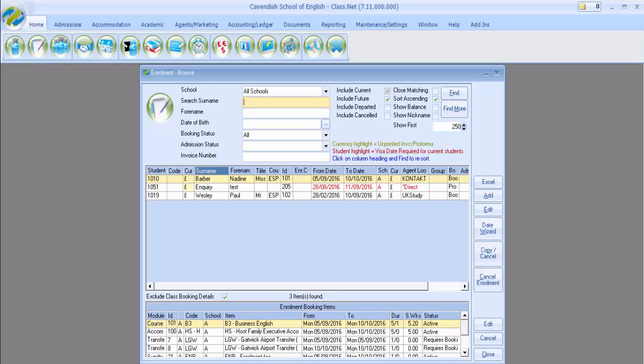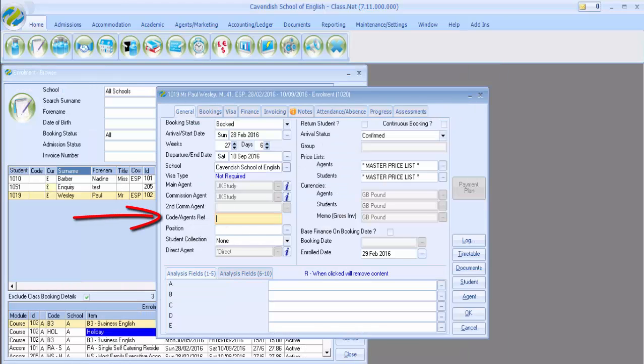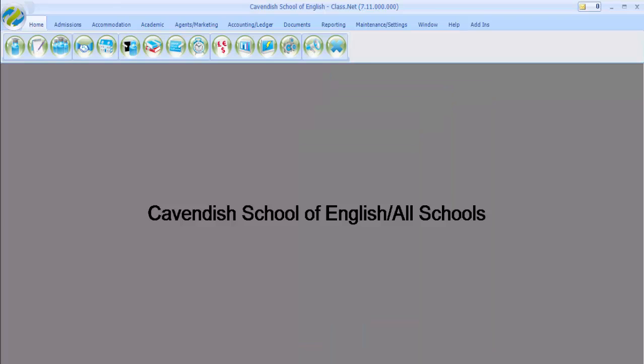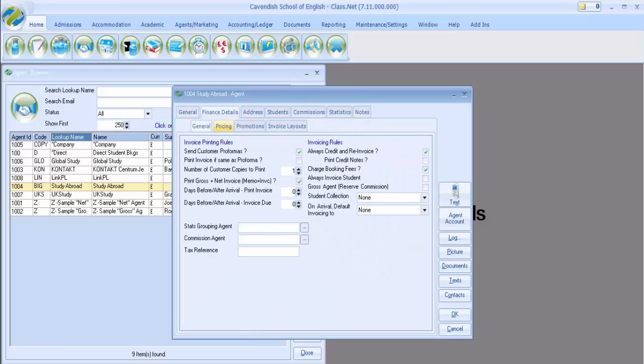Also within an enrolment, the enrolment code has been extended. So if I go to the general screen of a booking, this code field has been extended from 20 characters to 30. So next, within an agent account, if I go into an agent record, within finance details and pricing,